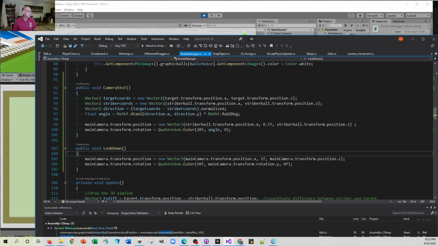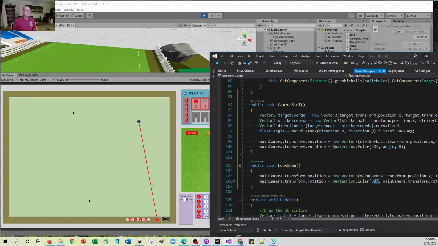And then to look down, again, we're taking the position of the camera at the moment. So the position of the camera is going to be what it is now in terms of X and Z, but we're going to make it a little bit higher so that we've got a little bit more field of view. And then we're going to rotate it 90 degrees on the x-axis, so we're going to point it straight down. We'll keep the y rotation the same, and that's all that happens. Everything else is